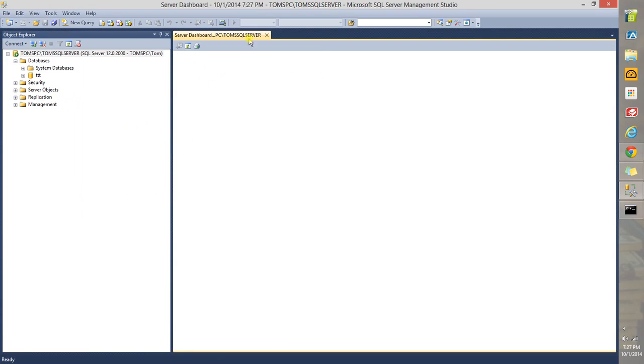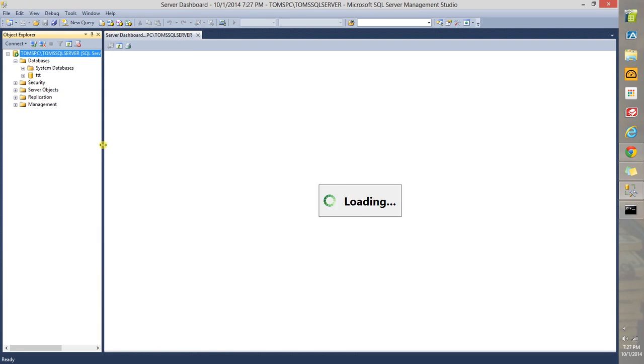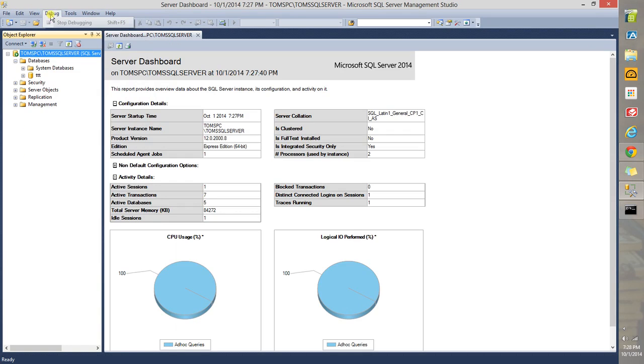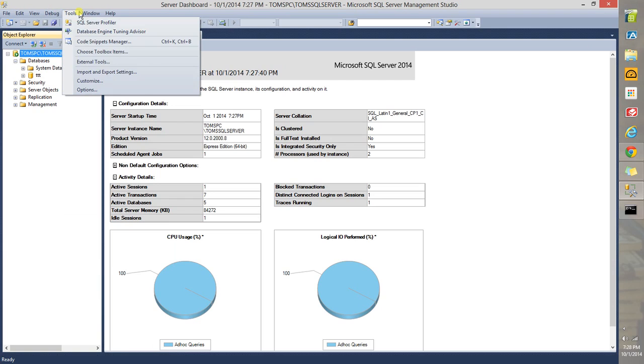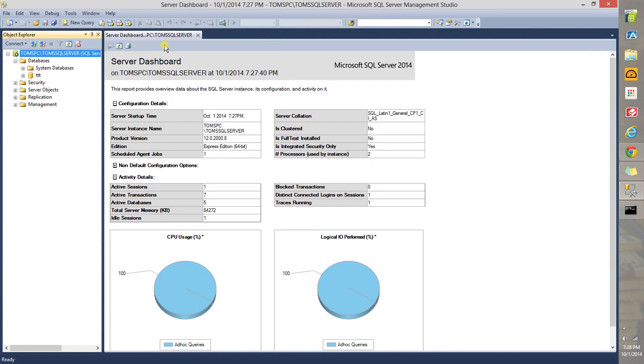Now this is known as a tabbed document because you see there's a tab up here. That's what it's called. And of course this is movable, as you can see. And here you have a whole strip of menu items. So you've got view. There's a great number of things that you can view, and we'll work with these. You've got tools, window, help, and so on. A really useful thing that Microsoft provides is MSDN and forums, and also if you click view help,